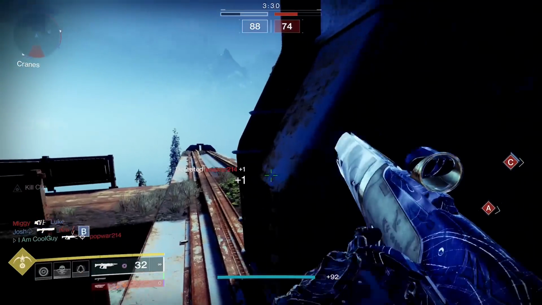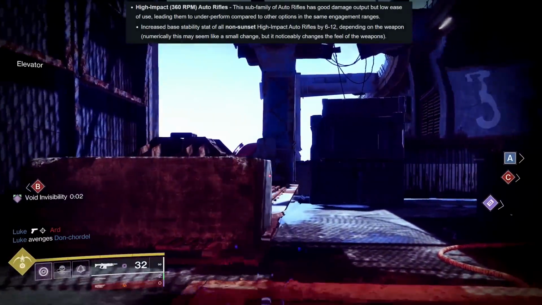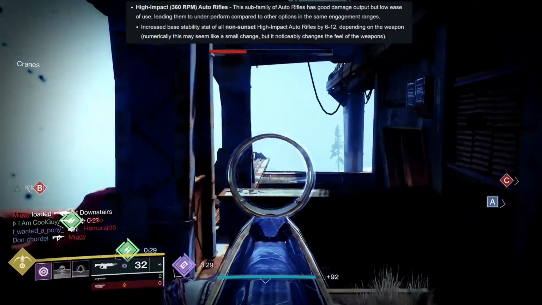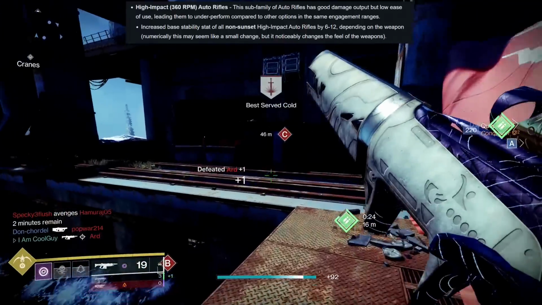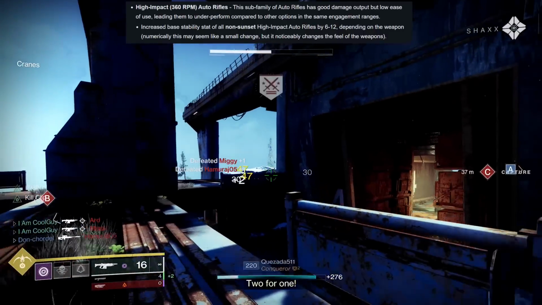The first buff was to high impact auto rifles. They said that the subfamily of the high impacts, good damage output, low ease of use. So they increased the stability stat of all non-sunset high impacts by 6 to 12, depending on the weapon. And with something that low of a stability, when you start adding 5, 10 points, it's exactly what they said. There are noticeable changes to the feel. So Age-Old Bond, maybe you crafted Come to Pass, they got a stability stat bump. The one that you're seeing in the gameplay is dynamic sway, kill clip, 50 stability,